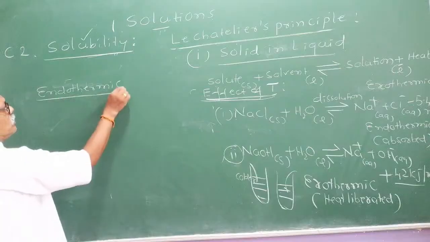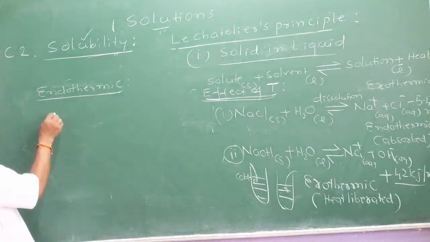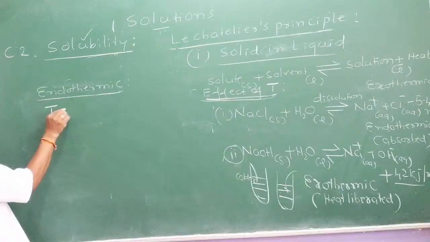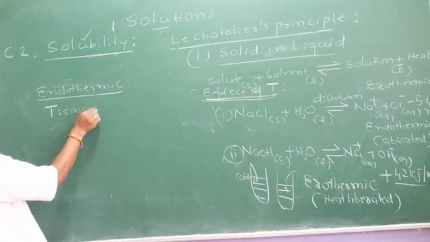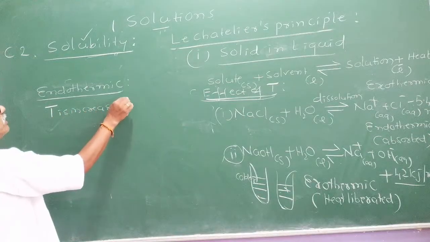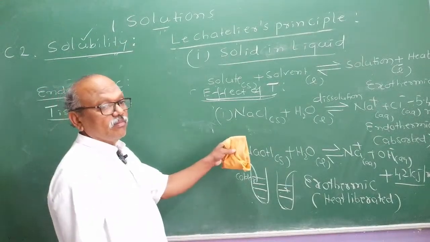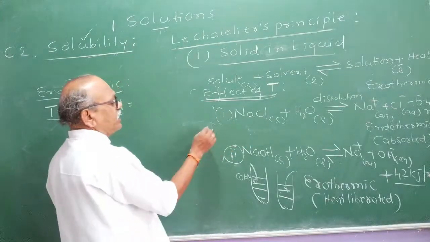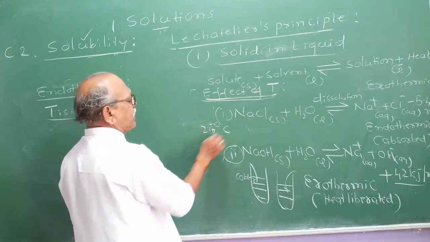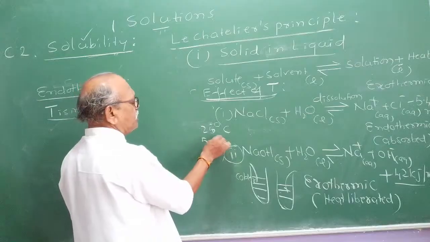forward reaction is endothermic. So when the temperature is increased, according to Le Chatelier's principle, that increased temperature must be absorbed. Suppose that it is at equilibrium at 25 degrees centigrade. If I increase the temperature to 50 degrees centigrade, heat